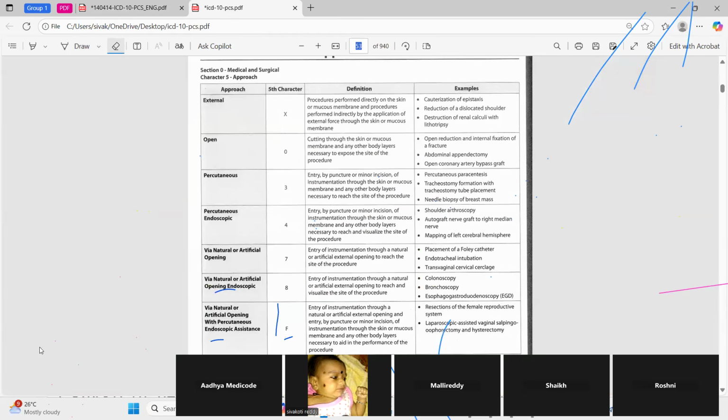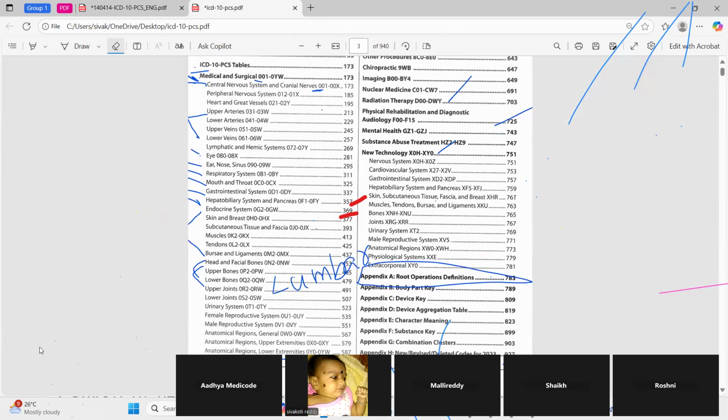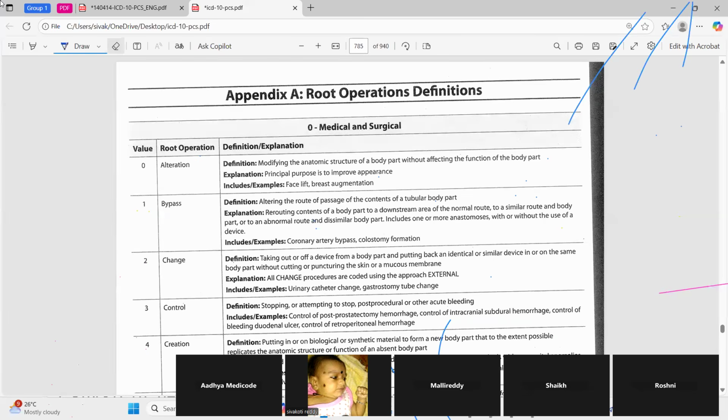So where will you find these root operations in the PCS book? In the table of contents, Appendix A, root operation definitions. Here they have clearly given the root operation value, root operation name and definition. We need to read these 31 root operations before going to the exam, because in the exam we can't read the definitions. We can't apply them, so before that we need to read and understand the